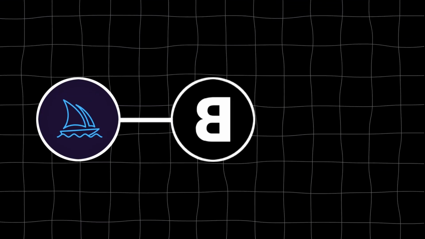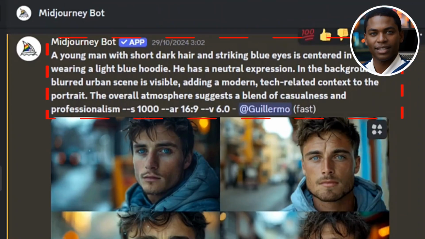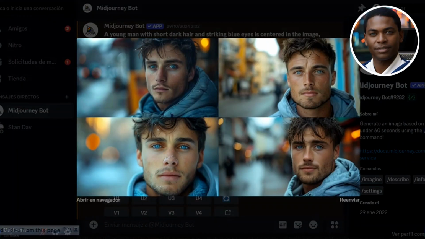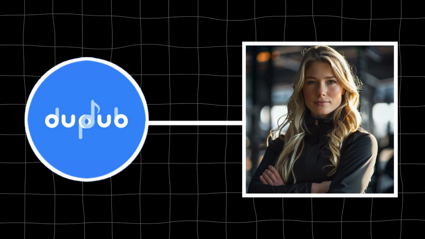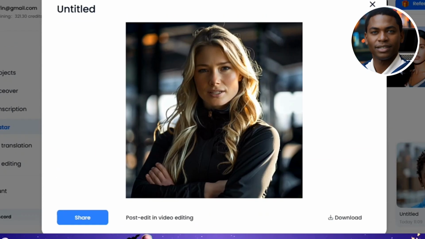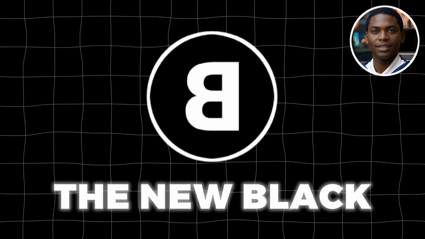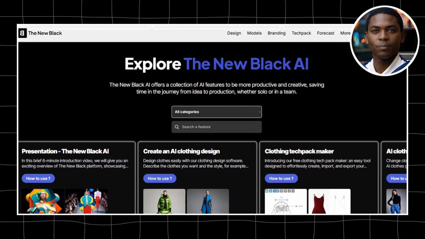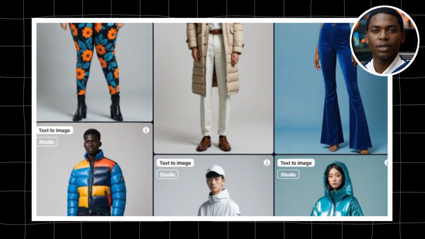Here's a little overview of what each tool does. Midjourney is an example of generative AI that can convert natural language prompts into images, and in our case, an avatar. Dub takes your avatars to the next level by enhancing animation and syncing lifelike movements with natural dialogue. The new Black is the ultimate creative platform, blending AI and style to make your avatars visually striking and ready